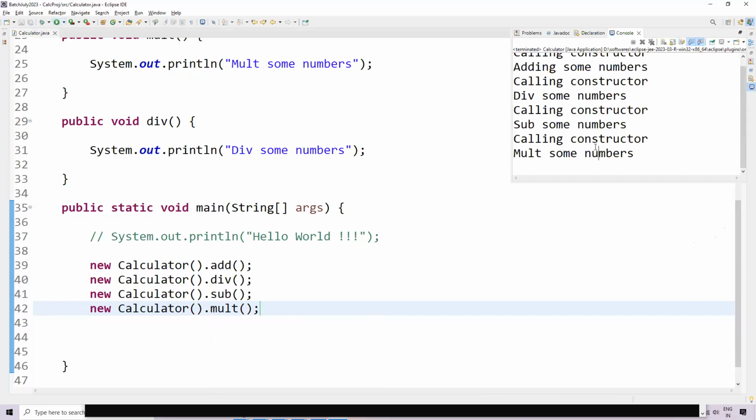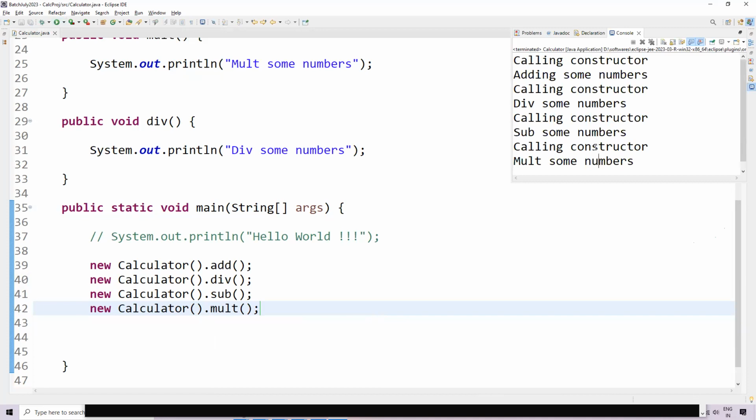You can see how many times the constructor was called? 4 times. Every time an object is created, constructor is called. So it means in memory, we have created 4 objects in order to call 4 methods. Now, if I have to call 100 methods, I'll be creating hundreds of objects. This is not feasible, right? So what we want is only one object to be created, and all the methods should be called from the same